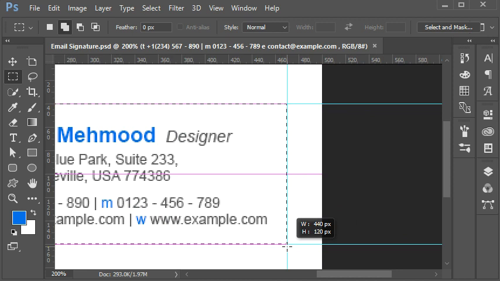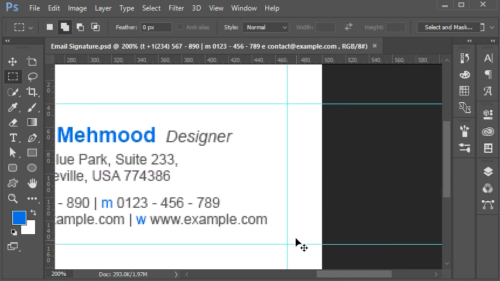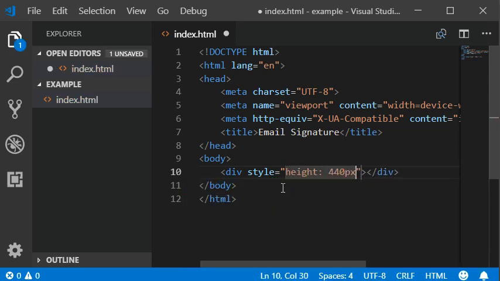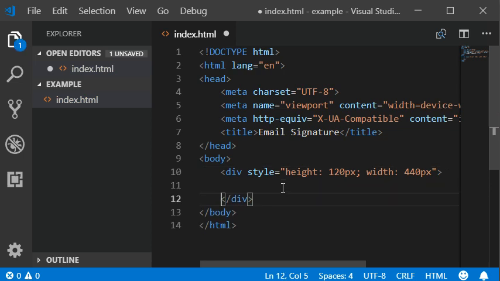Height and width should be 440 and 120. Height 440 and width should be 120. Maybe I'm writing it the wrong way, so I'm going to add width 440 and height should be 120 pixels. So we can work and just